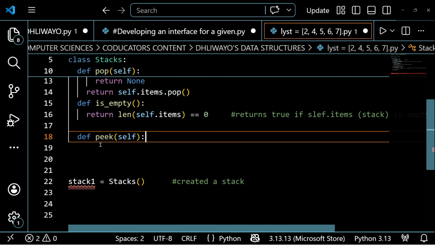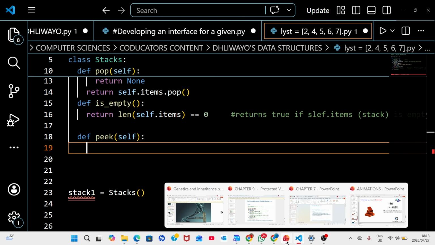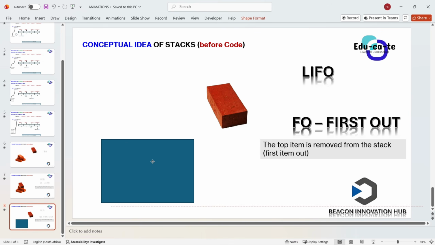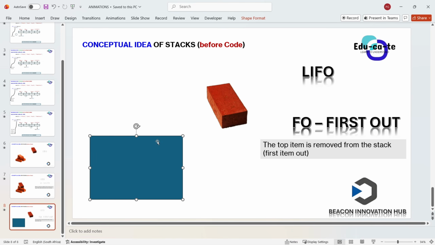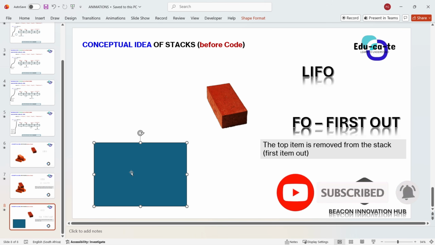Okay, so how can we define pick? The pick can have possible errors if there is nothing inside the list. If our stack is empty and doesn't have any item in it, let's just say this box is a blue box with nothing in it. If I say remove a brick from a blue box with no brick inside, this must give us an error because there's no item to remove. So the moment you try to pop or pick on this, you're going to get errors.